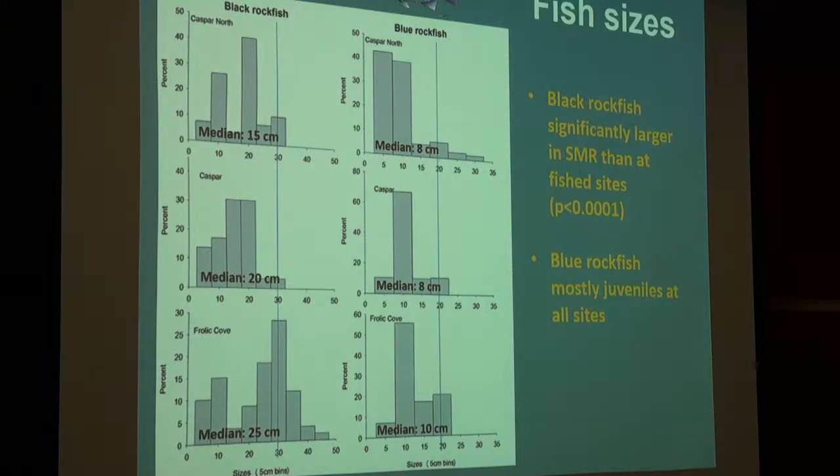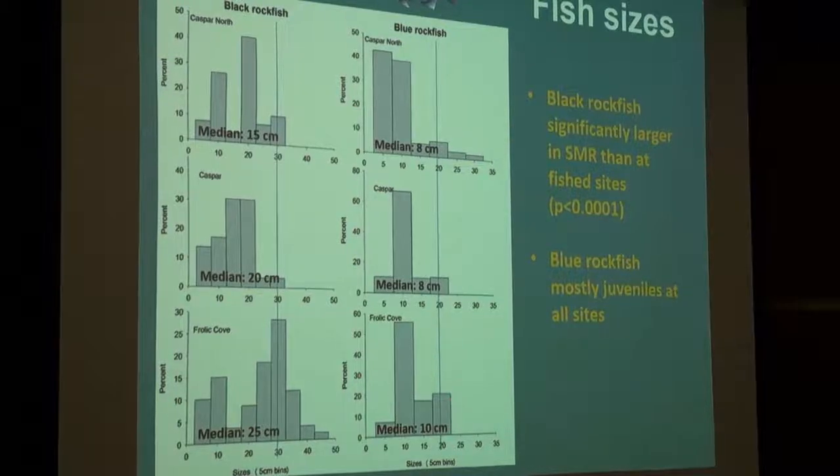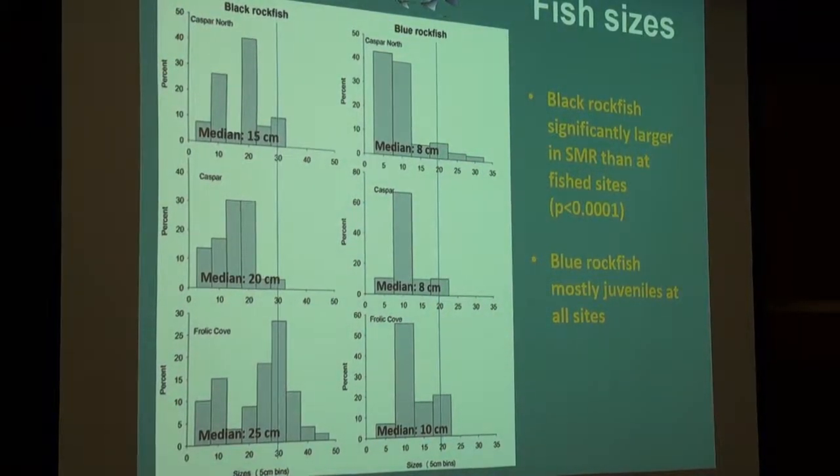Really similarly for the rockfish, so black rockfish over here, blue rockfish on the right, we see a really strong pattern for black rockfish with a lot more large, mature individuals in the MPA, whereas we see hardly any mature individuals outside of the MPA. And then blue rockfish,